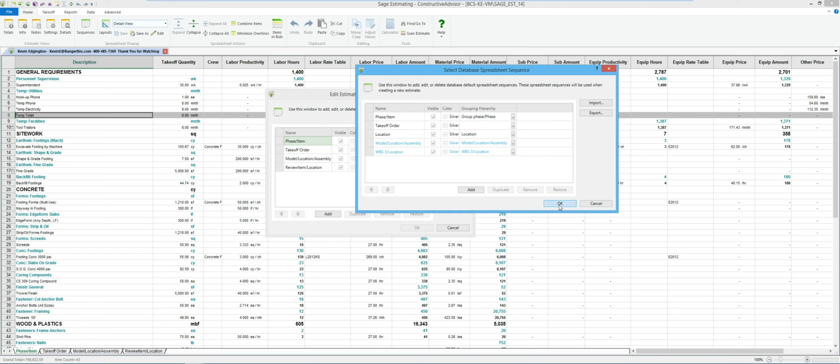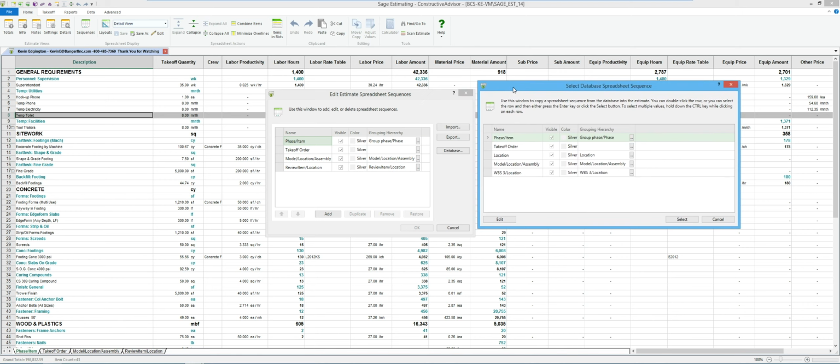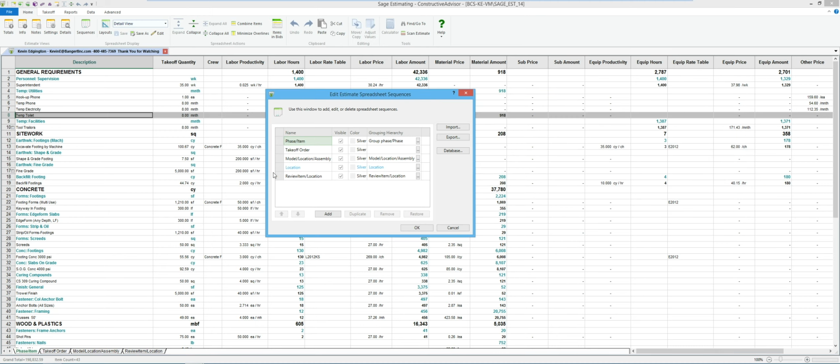If there was one that you had in your master list here of database choices that maybe you've created since this estimate had been started. So here's one called location. So you could actually tag and highlight multiple ones if you needed it. So I'm just using control and kind of tagging certain ones. In this case, this is the only one that I don't have in the list for that estimate yet. So you could highlight multiple ones and then hit select, and it'll move those from your database into that particular estimate you're working on.